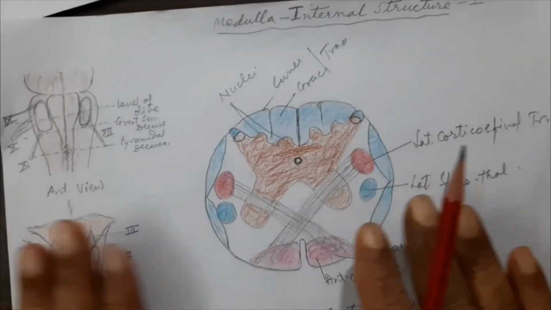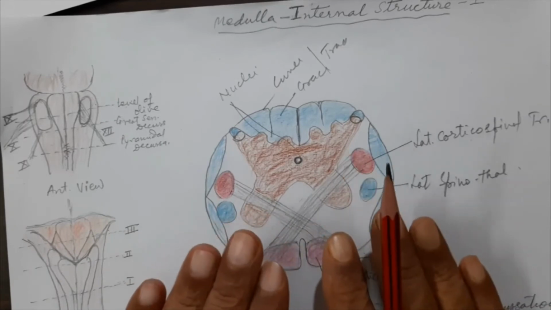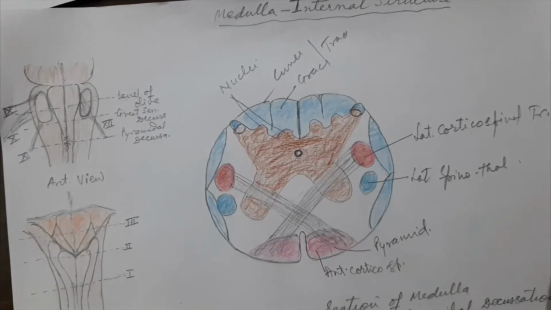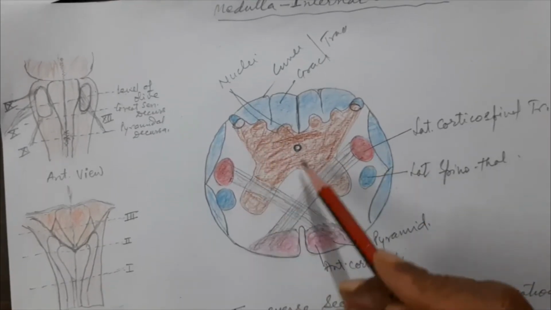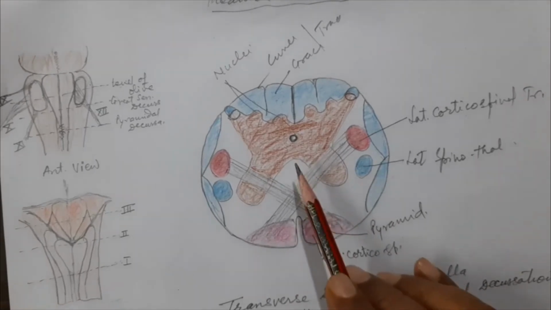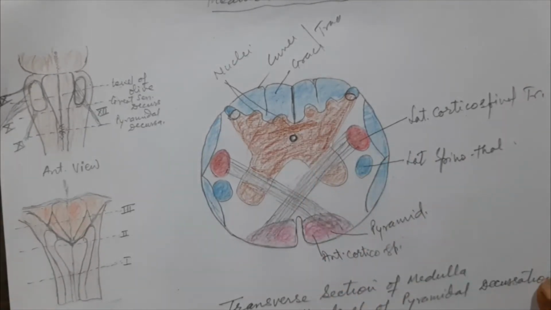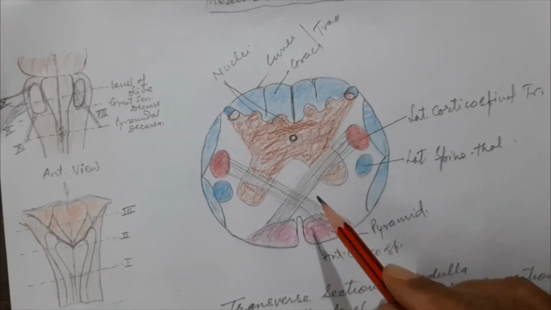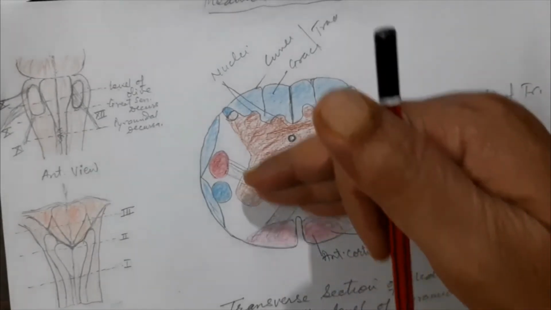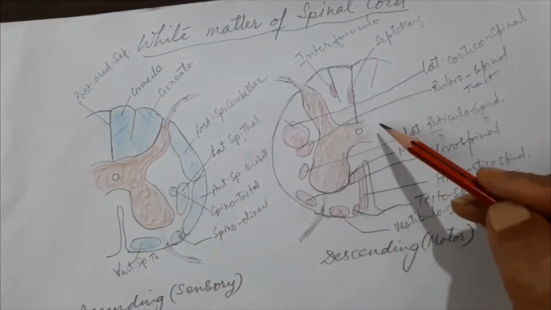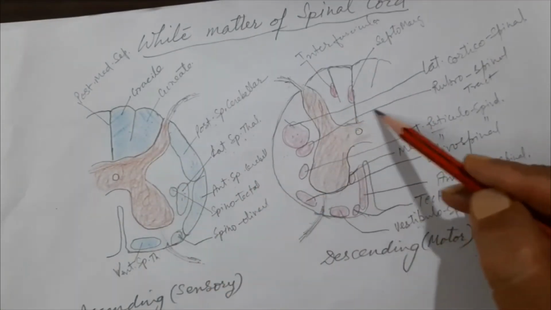This completes the white matter description, or internal structure of the medulla as far as the white matter or tracts are concerned. Now let us go to the gray matter. The nuclei are the gray matter, and at the level of pyramidal decussation they show interesting changes. The central canal and the central gray matter are displaced more posteriorly. See here, this was not displaced that posteriorly in the spinal cord. This was the central canal and the central gray matter was here.